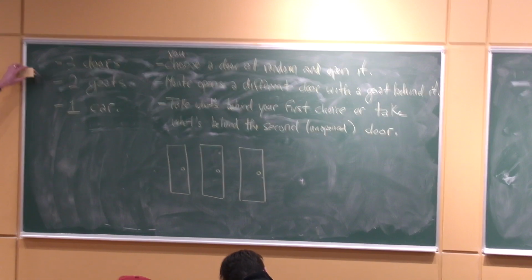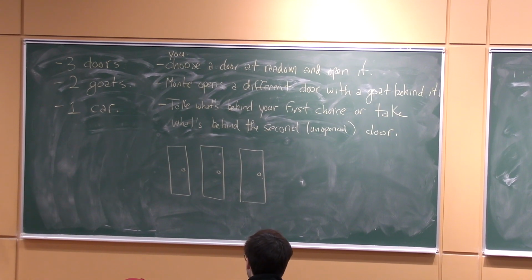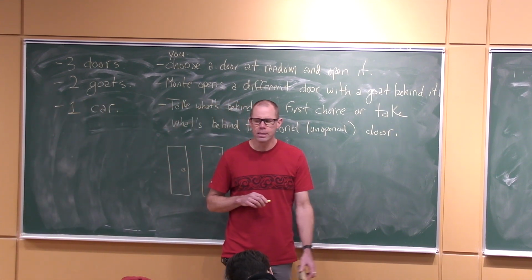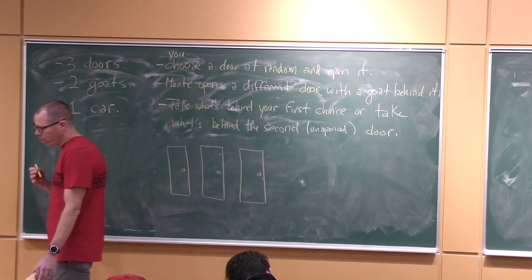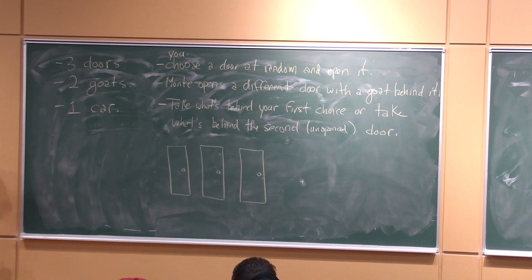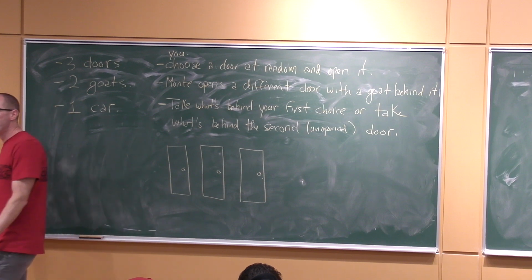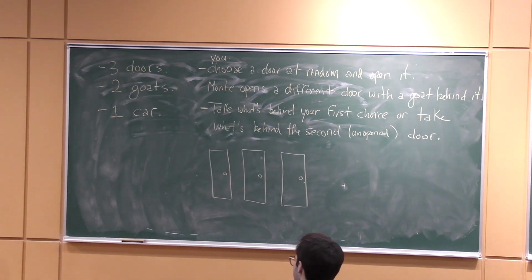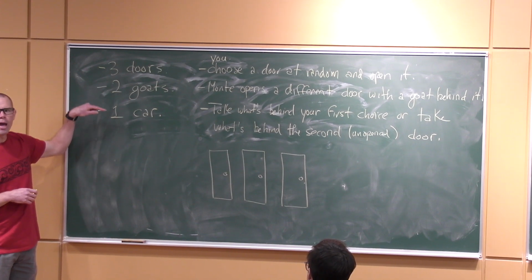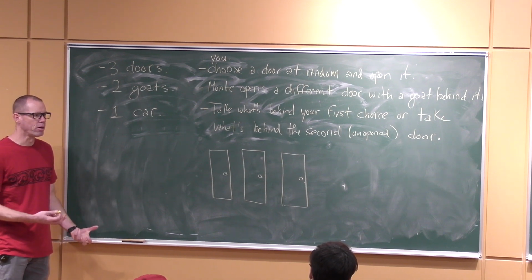So here's one of them. This is called the Monty Hall problem or the Monty Hall dilemma. It goes back to a game show from probably the 70s in which at some point in the game the contestant is faced with the following situation. There are 3 doors. You don't know what's behind them, but you do know that 2 of those doors have a goat behind them, and the third one has a brand new sports car. You would like the brand new sports car.